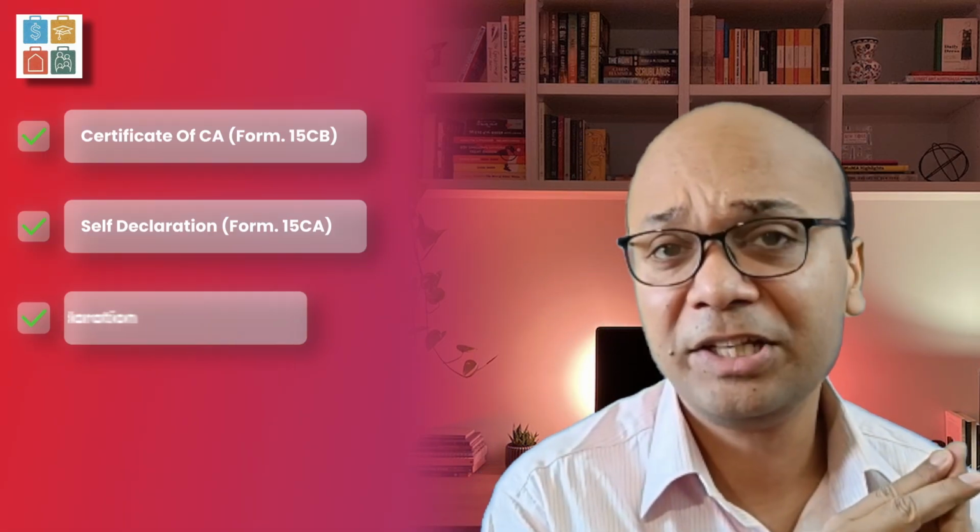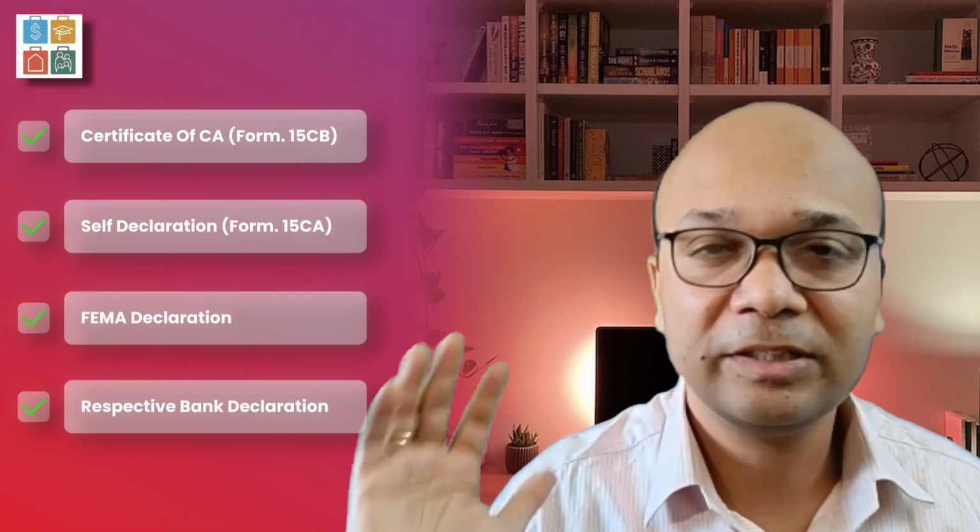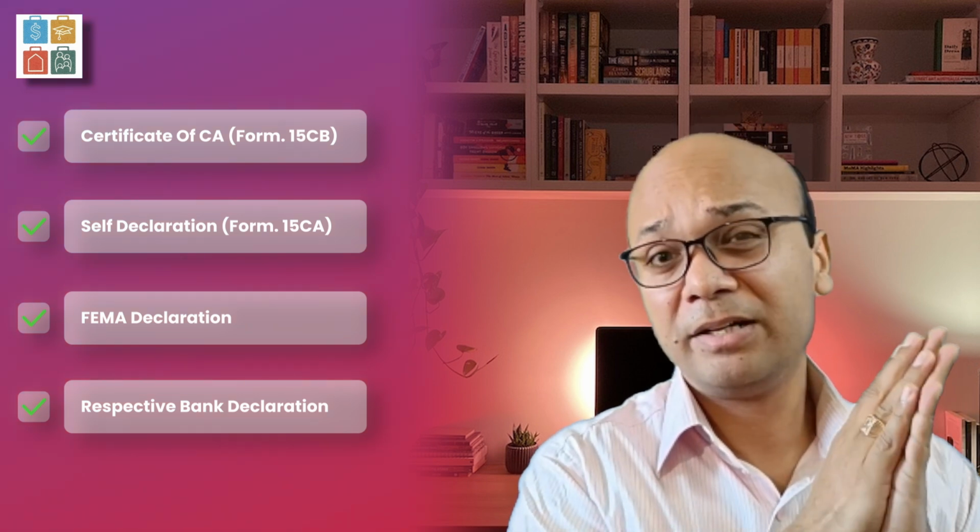You have to give a declaration as per Foreign Exchange Management Act or FEMA, which effectively says that you've complied with all the requirements and your overall remittance is within the limits. Third, the respective banker may also have its declaration and there might be a remittance form or the transfer form which they would want you to fill. How does this whole thing look like? Let's go through on a screen share to help you understand.